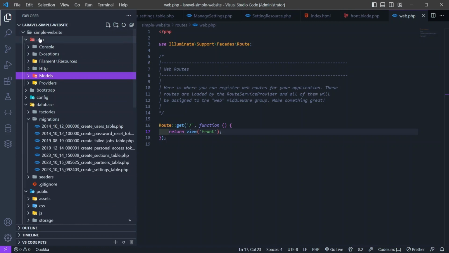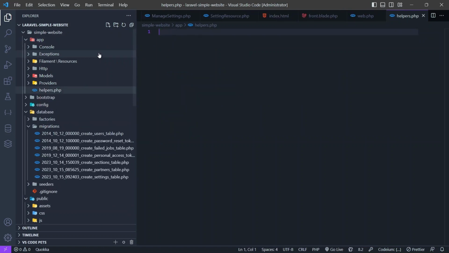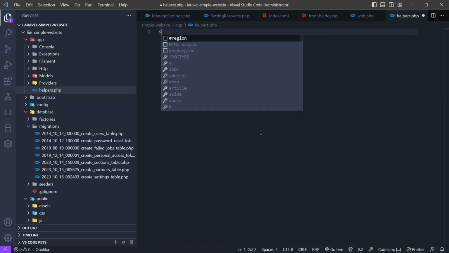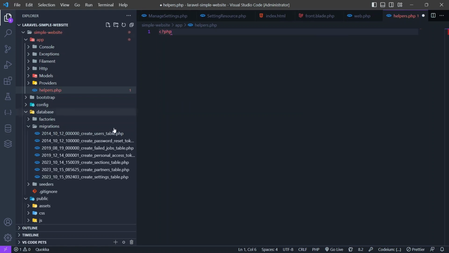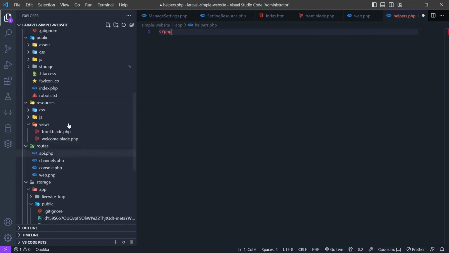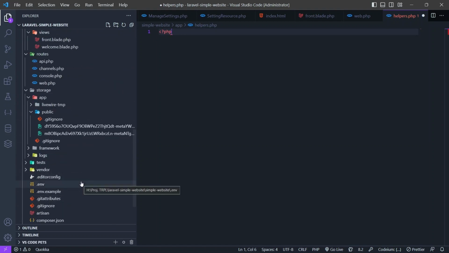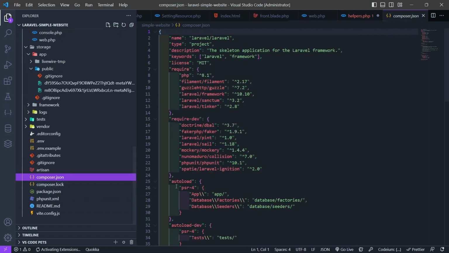I'm going to add it here inside of the app, helpers.php, and then inside of this helpers.php we need an opening PHP tag like that. And then okay, so in order to use this helper to connect it to all of these files or folders, we need some adjustment, which is located in the composer.json right here,